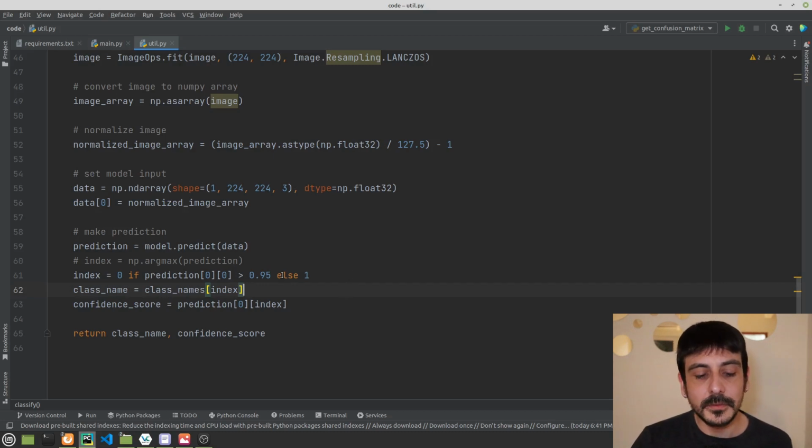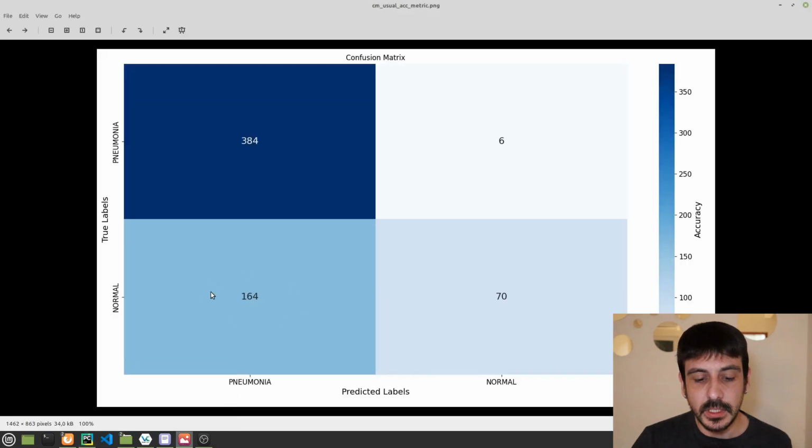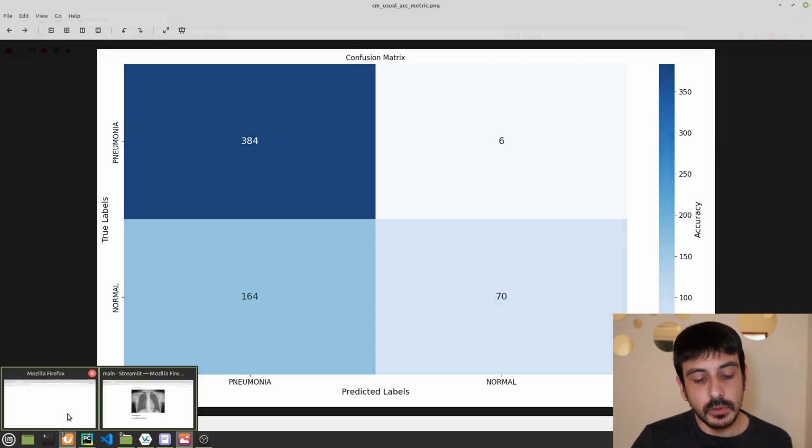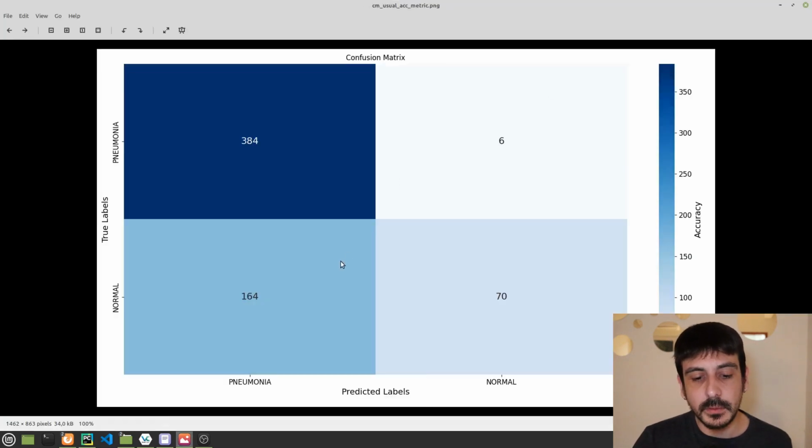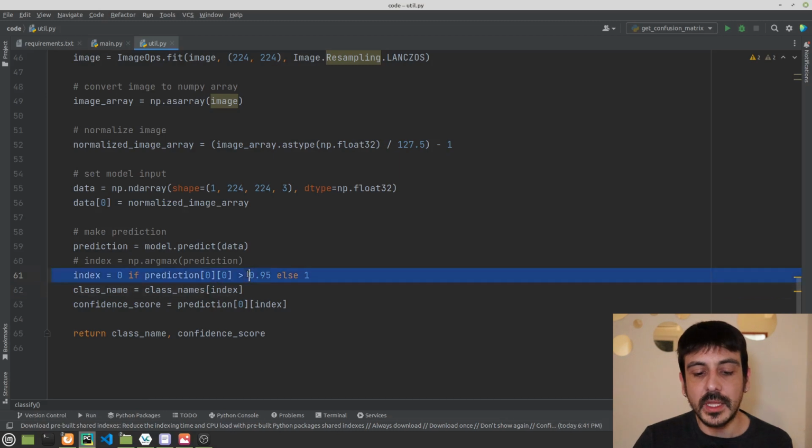I noticed that in many cases for the misclassifications over here, for many of these 164 images, the confidence value of our classifier wasn't really that high, right? Not in all cases, because we also have cases like this where we are classifying as pneumonia something that's normal and with a very high confidence value. This is happening too, but in many other cases the confidence value is not really that high. So if we make this change, we are going to be classifying as pneumonia only those cases, those images for which the classifier is super confident is pneumonia, and in any other case we are just going to say it's normal.